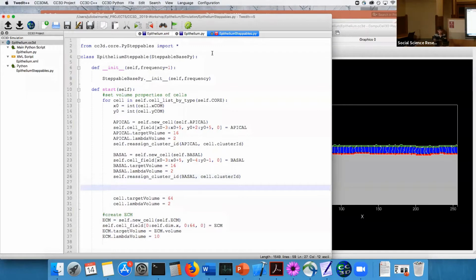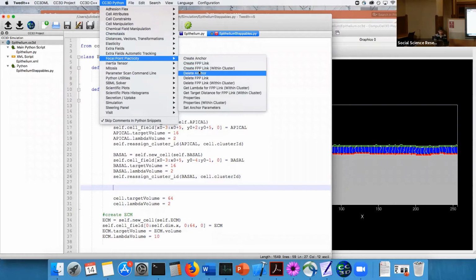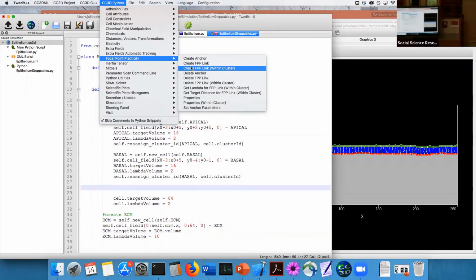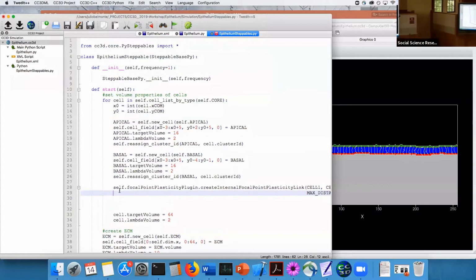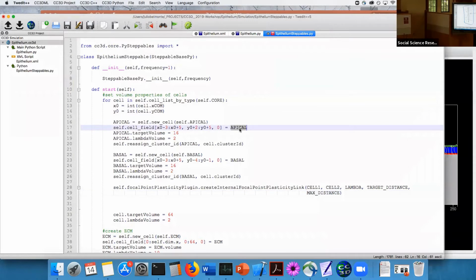So how do we do this? Do you remember how you make an FPP link? You have to go to Compensatory Python, Focal Point Plasticity, create FPP. Okay, now which option should I choose? Within cluster, yes. Because you want to make an internal one and not an external one. So base that, self focal point plasticity, create internal focal point plasticity between which cells? Should be the apical